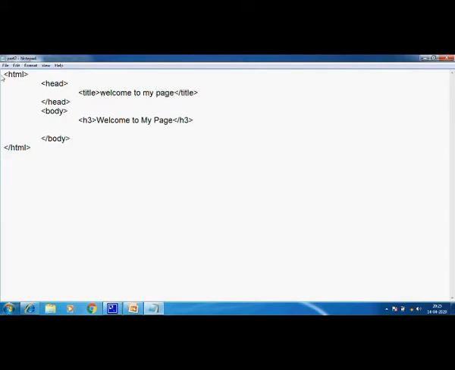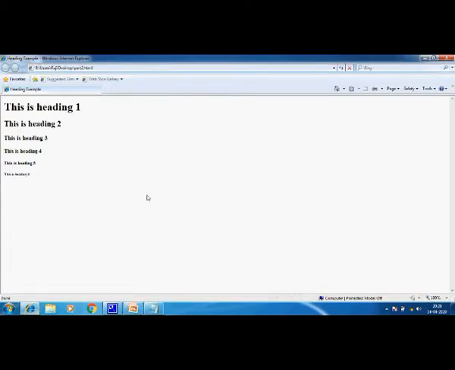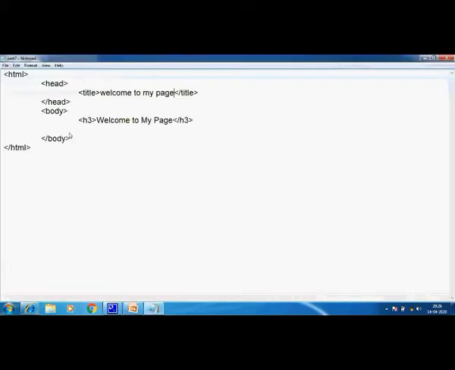So this title will come on the Explorer title bar and this will be appearing on the screen. That is the body of the HTML page, right? Let's see it. I need to save it. So for saving it, we'll click the file menu and click save. It has saved, and I'll go back to my browser and I'll press F5. So here it is. Welcome to my page. I'll go back.